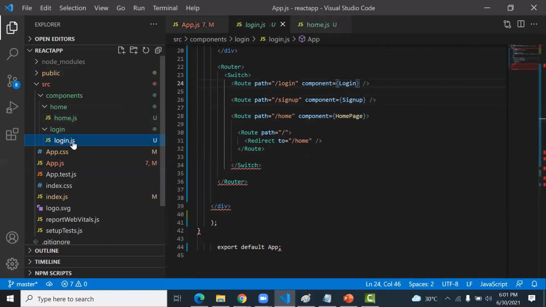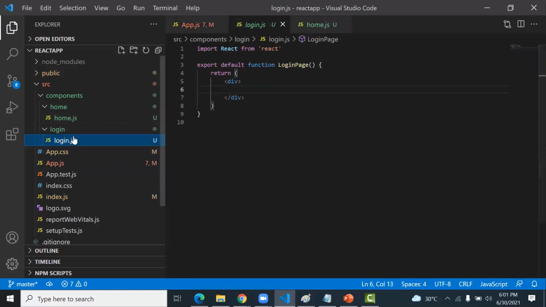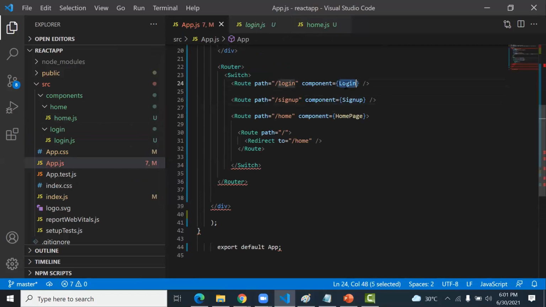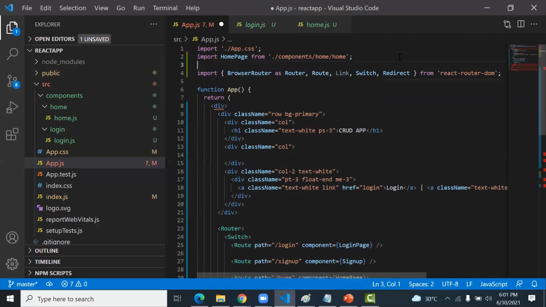For login, there is a login page. So you write it is login page. But remember to import all these components. Login page from components, Login.